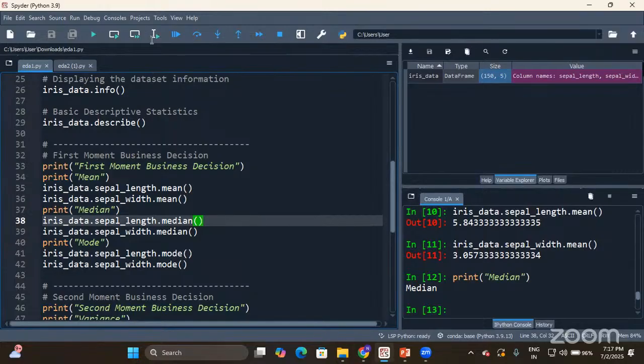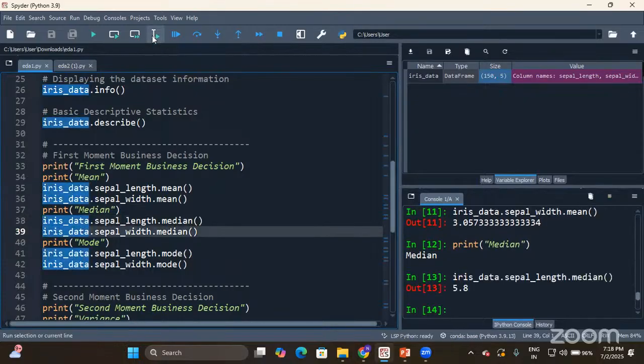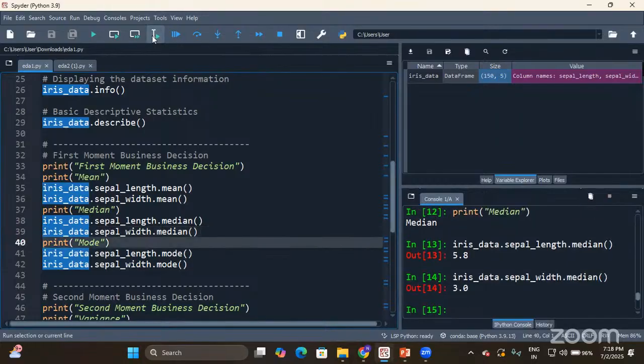So this will return me the median of sepal length column, 5.8. The ordering will be done and it is also returning the middle value. Let us calculate median for sepal width column. It is 3.